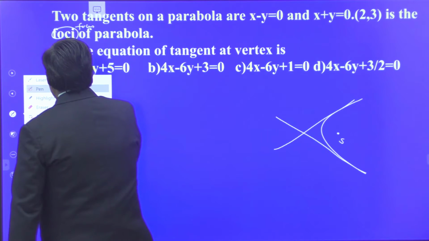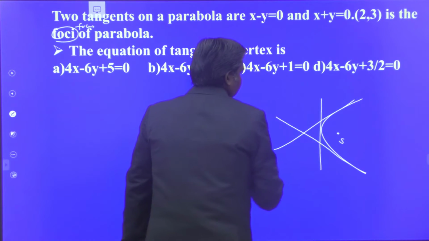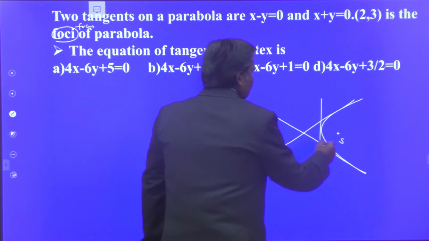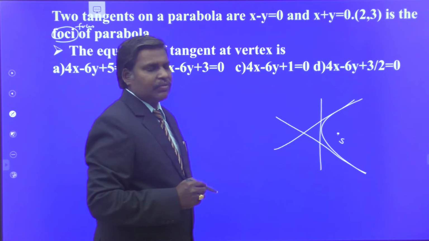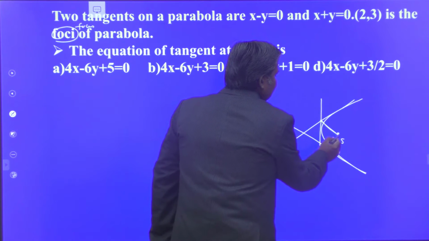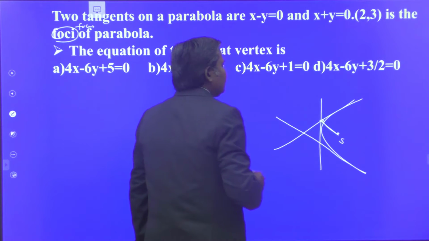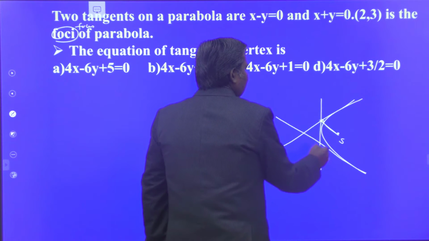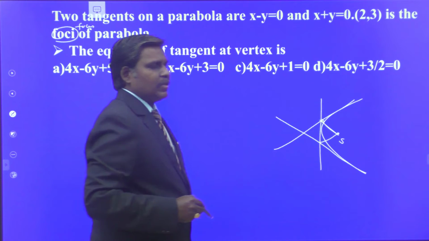That is the question. So what is the logic behind this problem? How to crack this one? My dears, we know that the foot of the perpendicular drawn from the focus to any tangent of the parabola lies on what? The tangent at the vertex. The locus of the foot of the perpendicular drawn from the focus to a tangent is the tangent at the vertex. So this point lies on the tangent at the vertex. Similarly, the foot of the perpendicular drawn from the focus to the second tangent also lies on the tangent at the vertex.